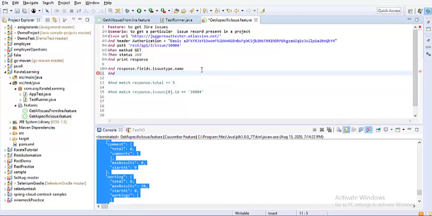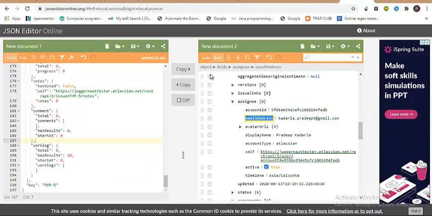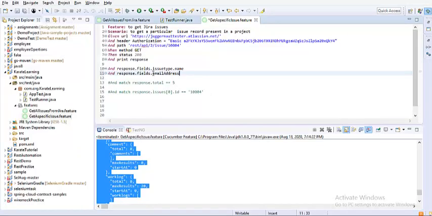So response dot fields dot email address. I'm so sorry, before email address you have one more parent, which is assignee.